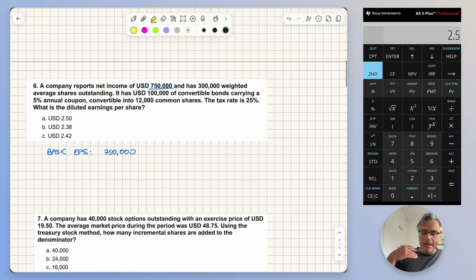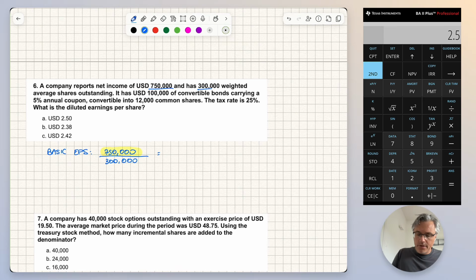But when you've got convertible bonds that pay a coupon interest, you can be absolutely sure that the interest has already been deducted in arriving at the 750,000 of net income, because interest always is an expense that appears before net income. Dividends appear after net income, and they're not really an expense because distributions to shareholders do not qualify as an expense in financial reporting. So we stick with the 750,000, making no deduction, and we simply divide that number by 300,000, the number of shares outstanding. I took that from over here, so